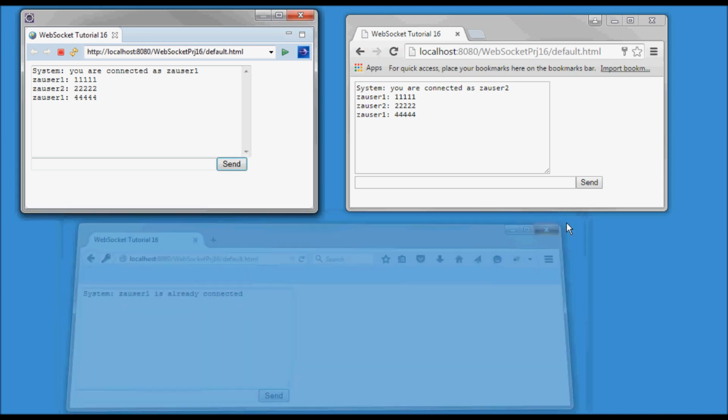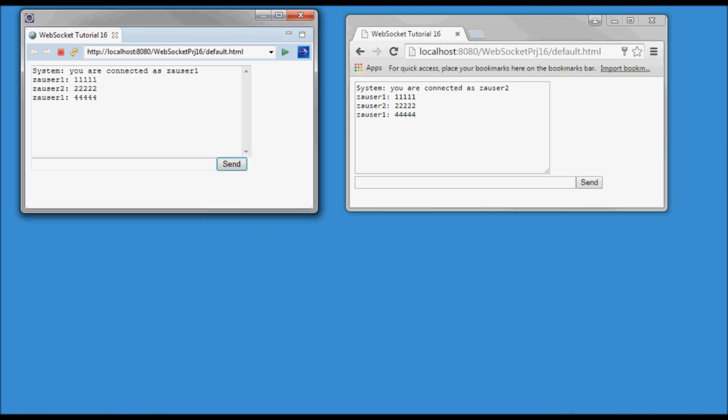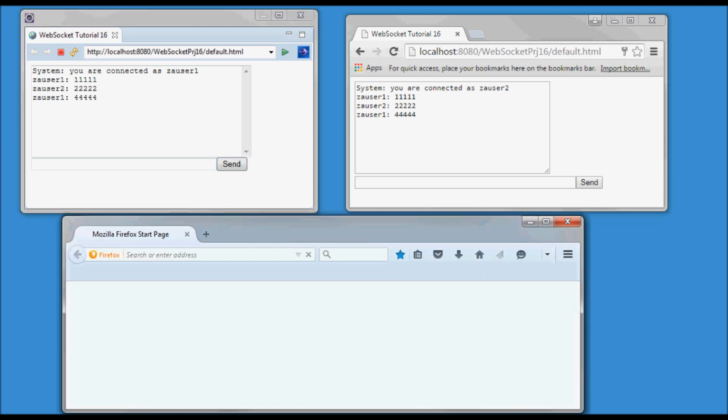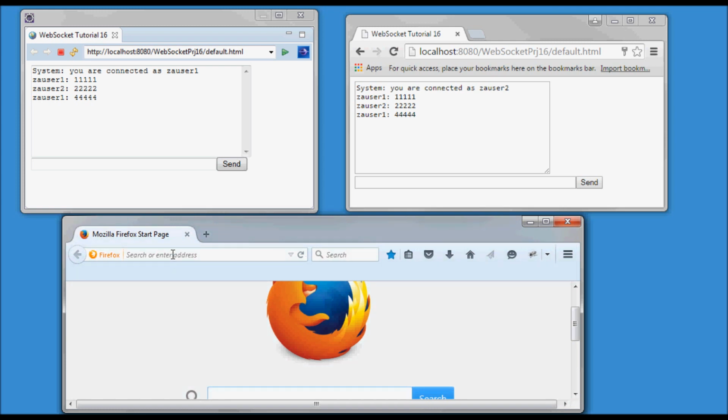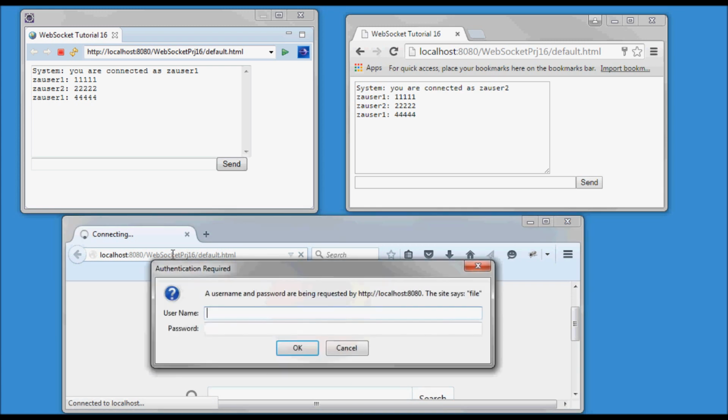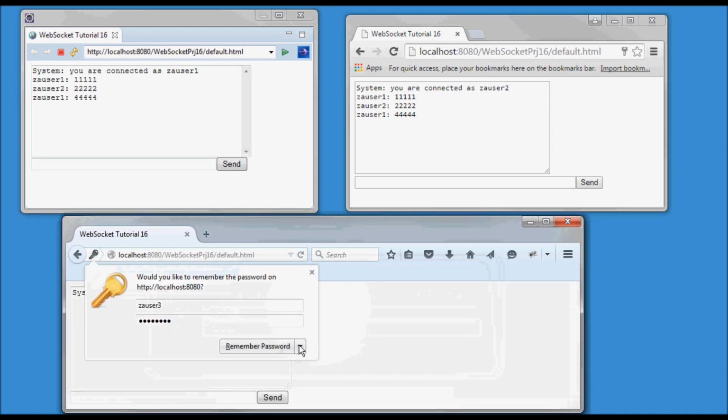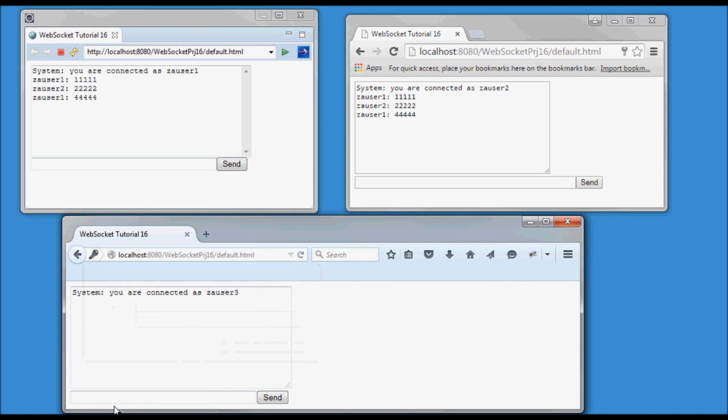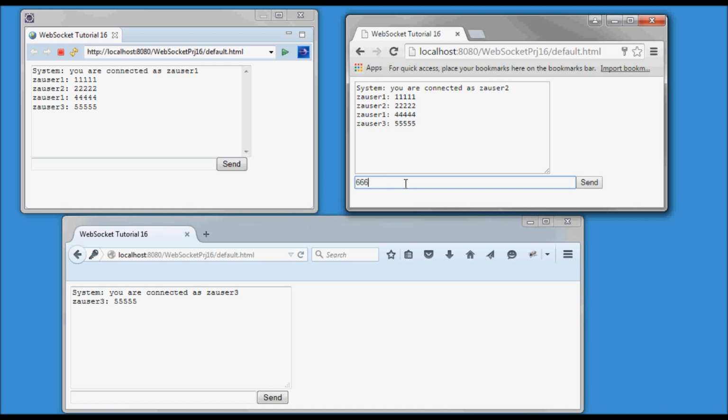So let's close it and open it up again. And now let's try VA user 3 and password. And now it can send and receive messages.